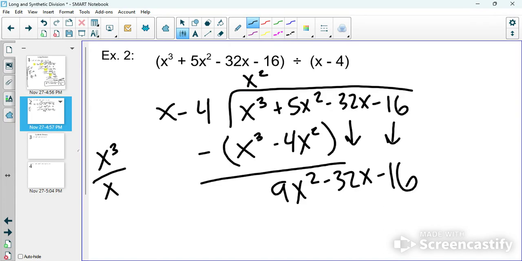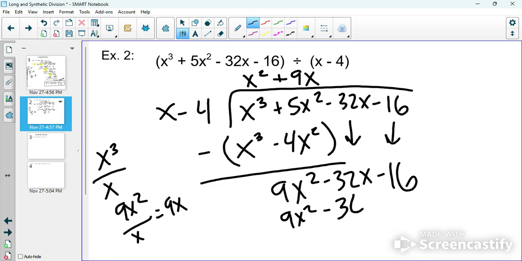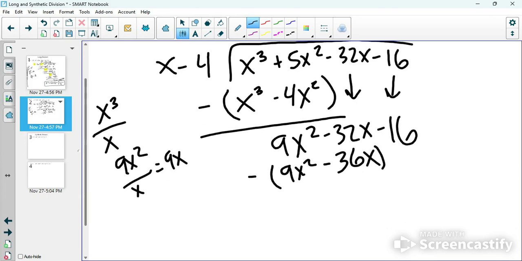X goes into 9x squared 9x times. That's 9x squared divided by x. And then 9x gets multiplied by x minus 4. So 9x times x, 9x squared. 9x times -4, -36x. We're going to subtract. 9x squared minus 9x squared is nothing. -32x minus -36x, that's positive 4x. Drop down our